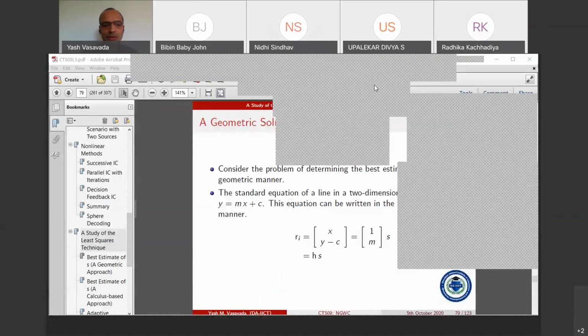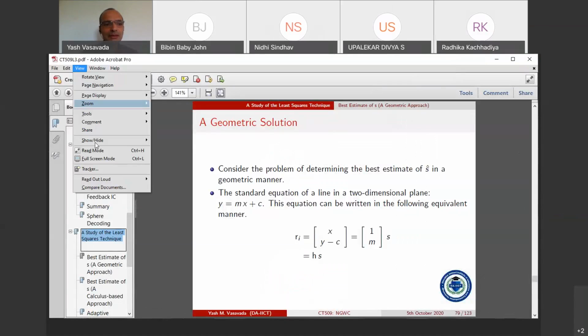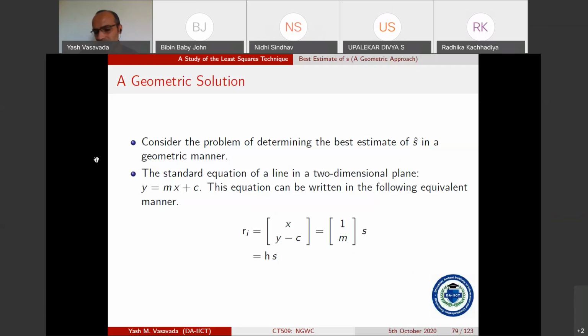Okay, so what I want to do today is take a look at some of the concepts behind the decorrelating detector and possibly even the minimum mean squared error detector. Okay, so before I do that, let me take a step back and say that